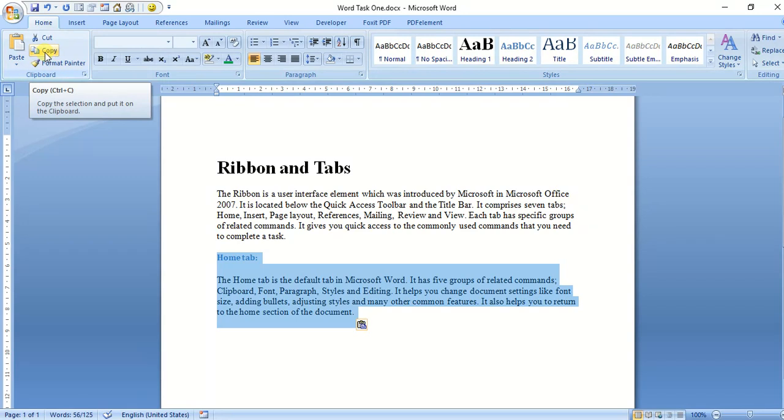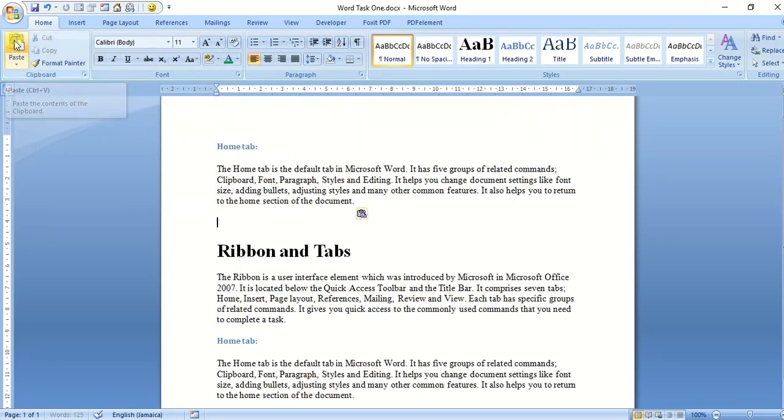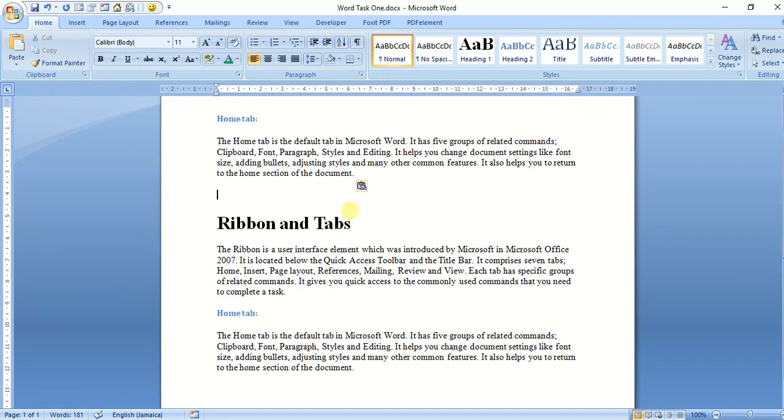And very important, before you click on an icon to use it, first hover your mouse over it, point over it, and read the description that they give you before you use the feature, so you will be sure if you're using the correct feature. That is, if you're not sure of it. Good. So I'm going to click on copy. I'm going to click my insertion point just above where you have the ribbon right here. I'm going to click on my paste button, and you're seeing